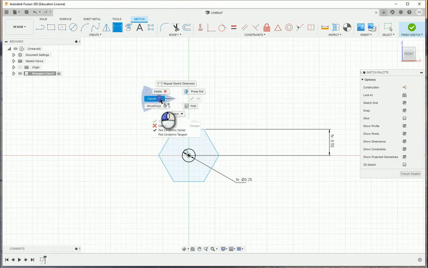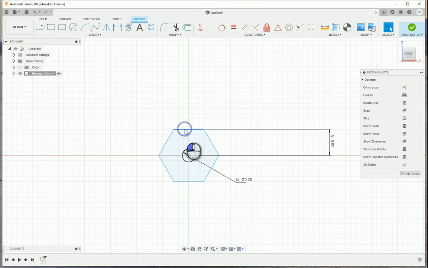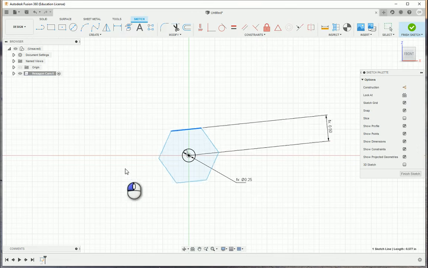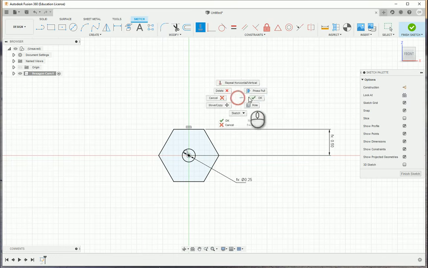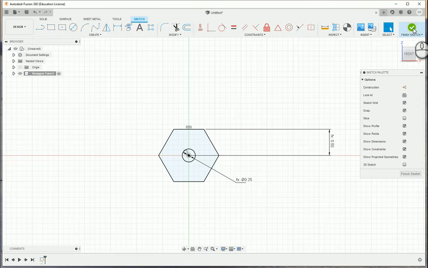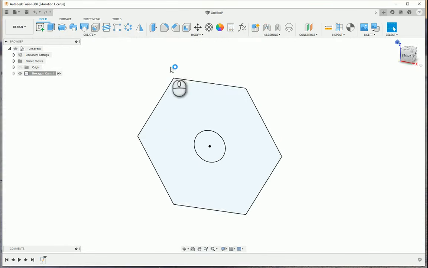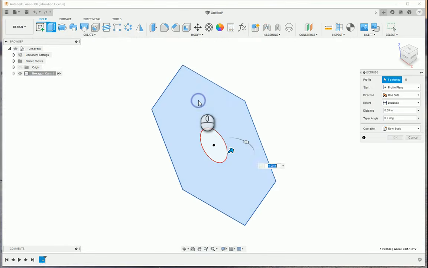The only other thing is this sketch is still not fully constrained. So if I click and try to drag on this, you'll notice that I get some rotation. That can be fixed by a geometric constraint. Horizontal, vertical, choose the top line, and it'll lock it into place for you. Fully constrained, I can say Finish Sketch, Extrude, choose the shape,